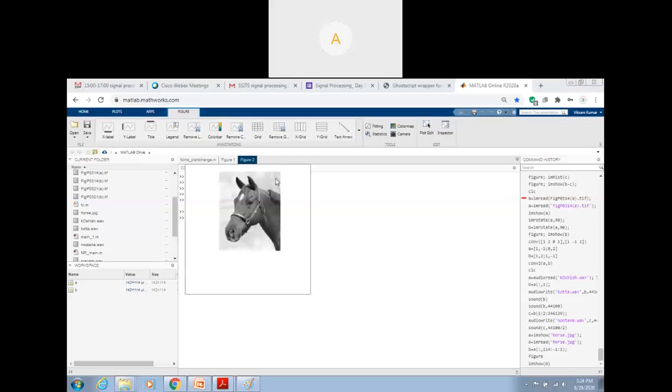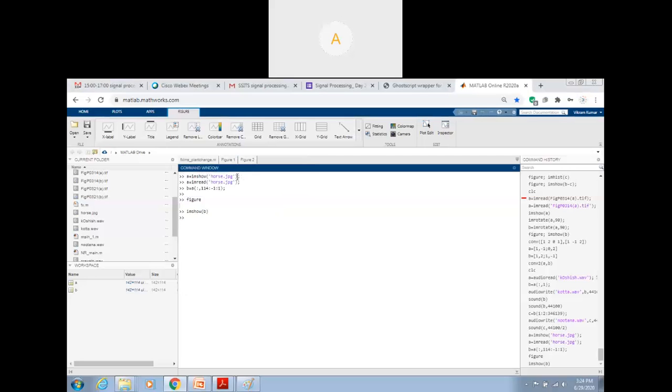Now we have seen how this transformation has happened. Here we have done the left and right kind of thing. Now let us check how to do the top and bottom kind of thing. For that, let us take some other image. Let me not do it for this horse. The horse will get angry if you make it go up and down, so don't do those kind of things.